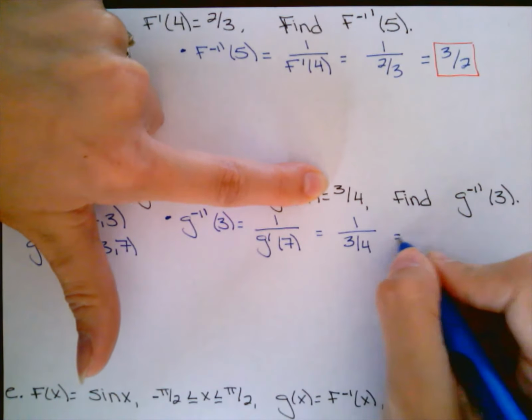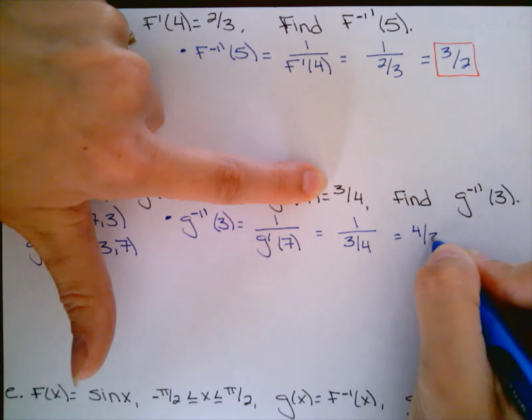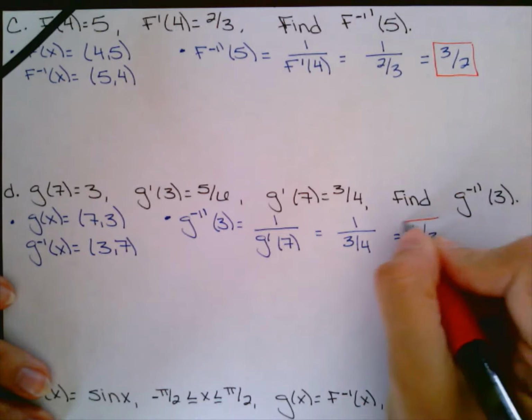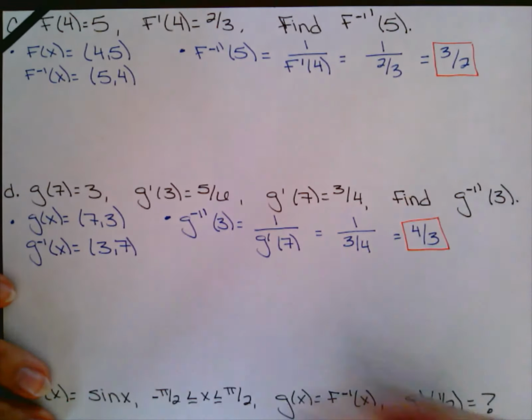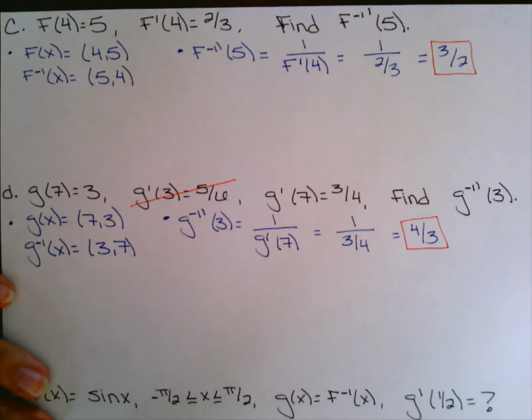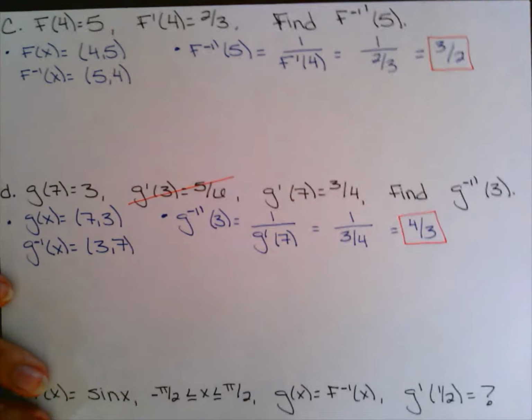1 over a fraction is the reciprocal of that fraction. And we are done. So notice that this question gave me extra information. I did not need g prime of 3. That was there to try and throw you off. Okay, it was extra information. All right, let's